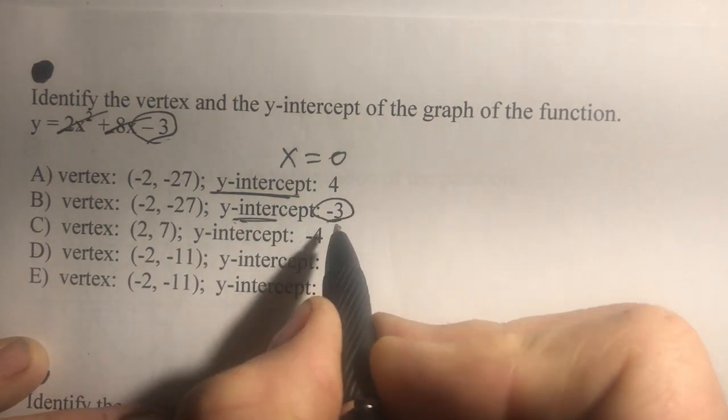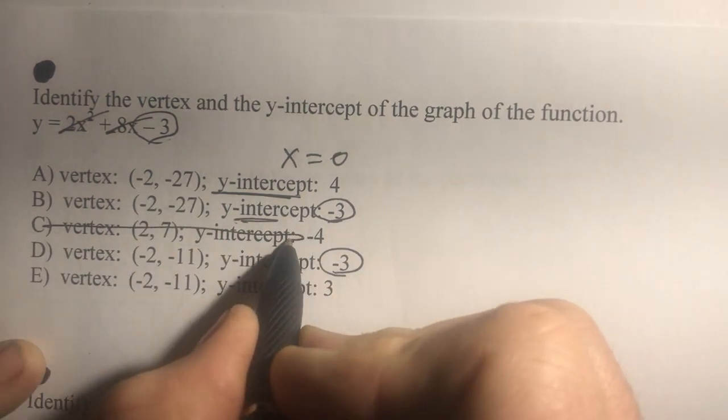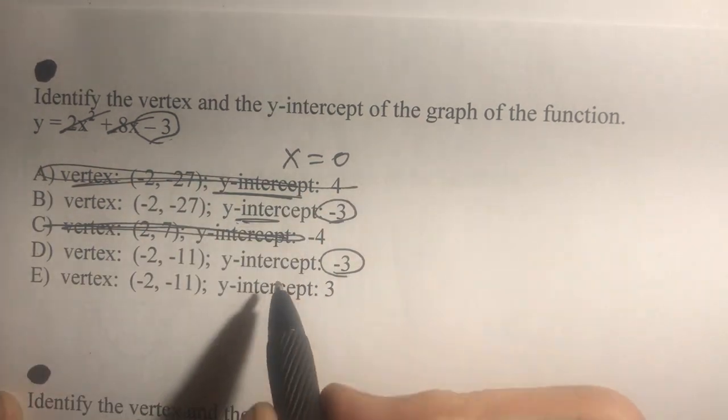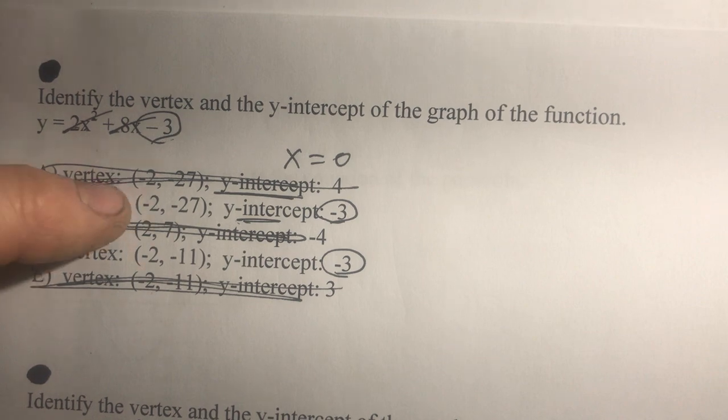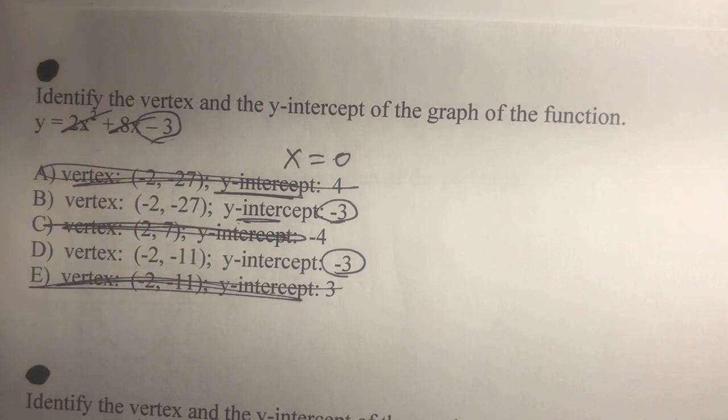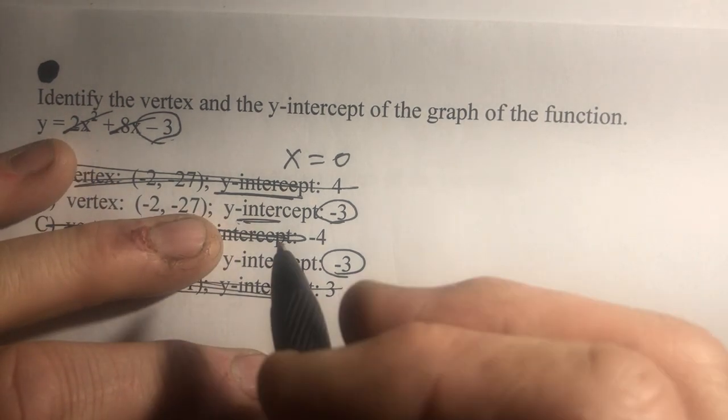So see, I know it's got to be one of these two right here. So this is out, this is out, this is out. It's got to be one of those two. Okay? All I got to do is find the vertex and see which one of these is the correct vertex. All right, so now to do that,